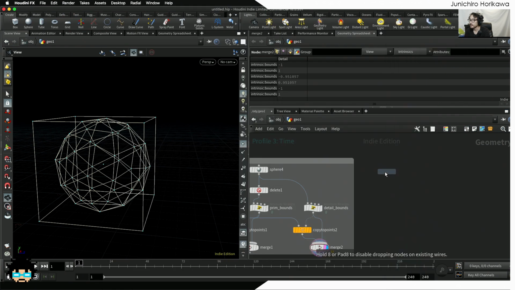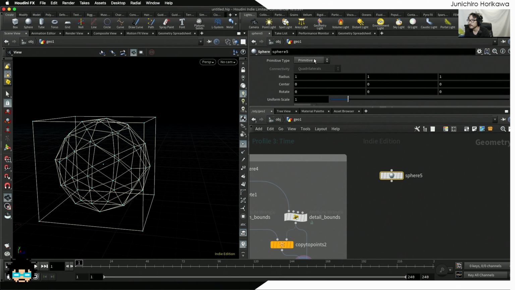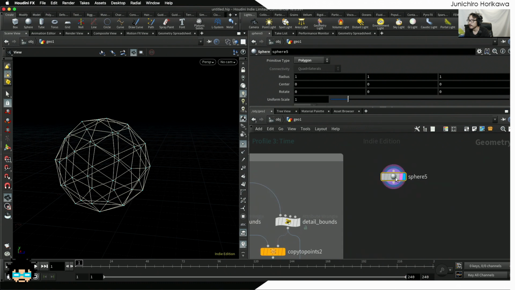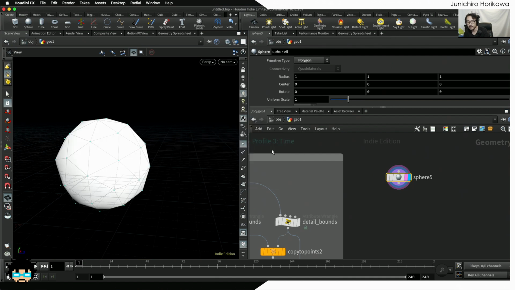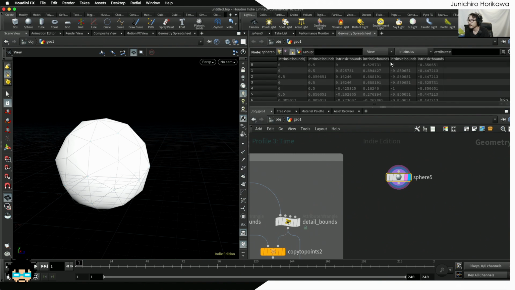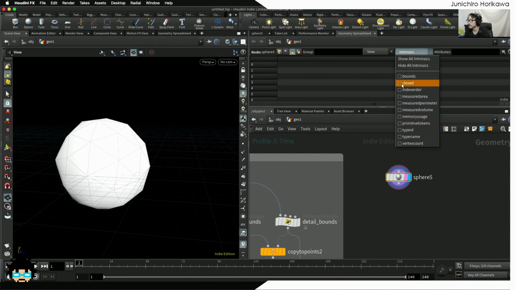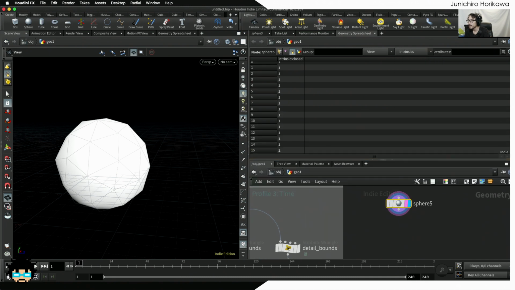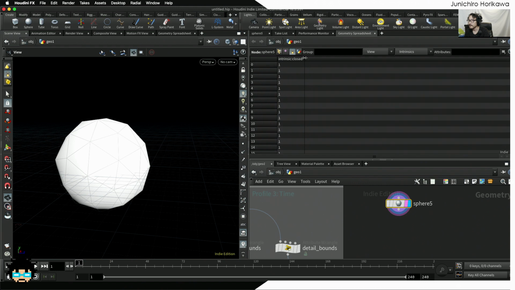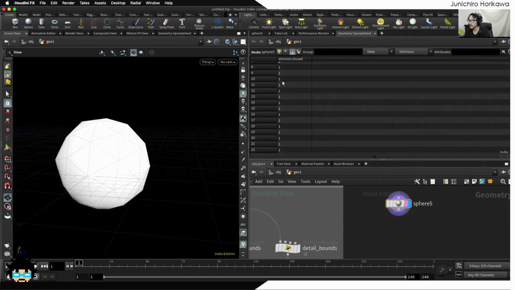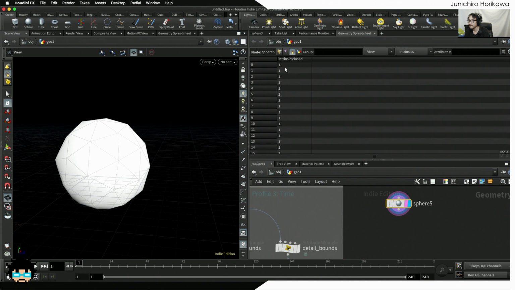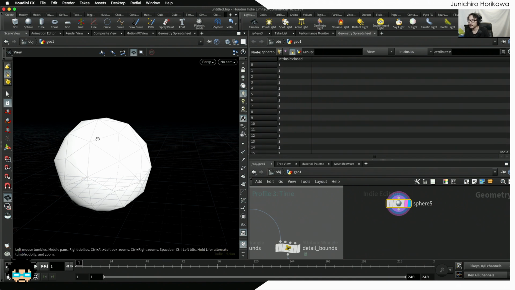So I'm going to create another sphere and set it as polygon, and let's change the shading back to the smooth wire shaded, and then go to the geometry spreadsheet to the primitive tab. Let's hide all these primitive intrinsics and show only this closed primitive intrinsic. Now it shows the integer values 1 for all the primitives,